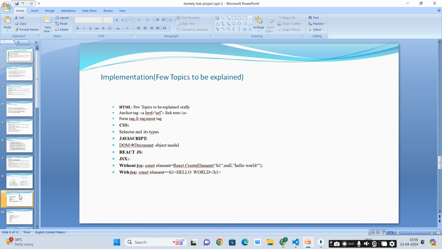Coming to DOM. DOM stands for Document Object Model. It is used to manipulate and interact with the content of web pages. Using DOM,